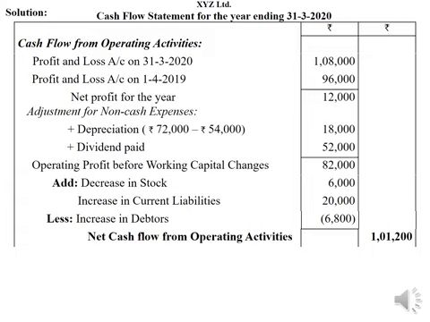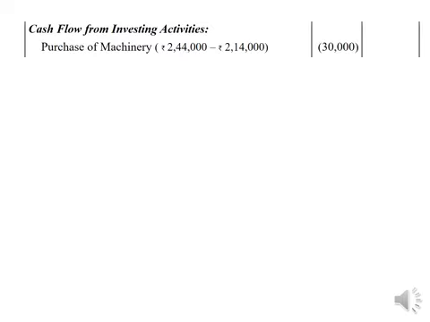So cash flow from investing activities. Purchase of machinery account is showing an increase of rupees 30,000, from 2,14,000 to 2,44,000. It has been assumed that 30,000 worth of machinery has been purchased during the year by cash. So no ledger accounts are prepared for assets here because there are no adjustments affecting the assets. Therefore, directly we are taking the difference as purchase or sale.